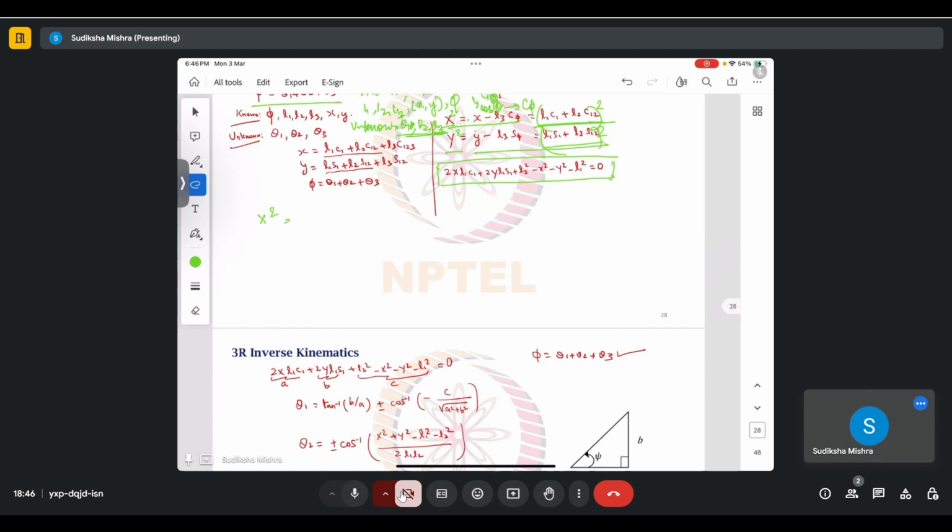So if I can write it down, X square plus Y square, adding both the terms, is equal to (L1 C1 plus L2 C12) whole square plus (L1 S1 plus L2 S12) whole square, which becomes X square plus Y square plus L1 square C1 square plus L2 square C12 square plus 2